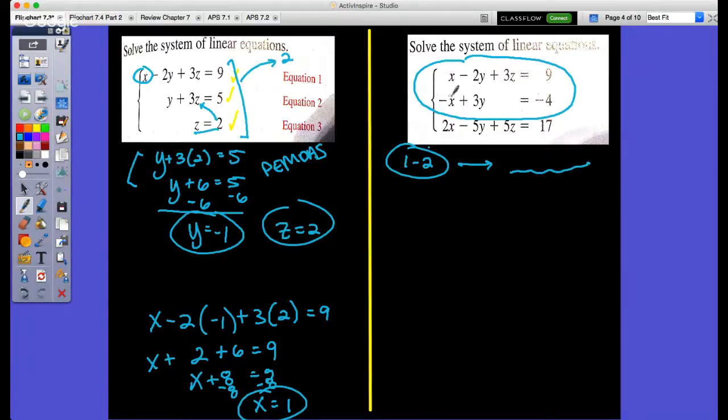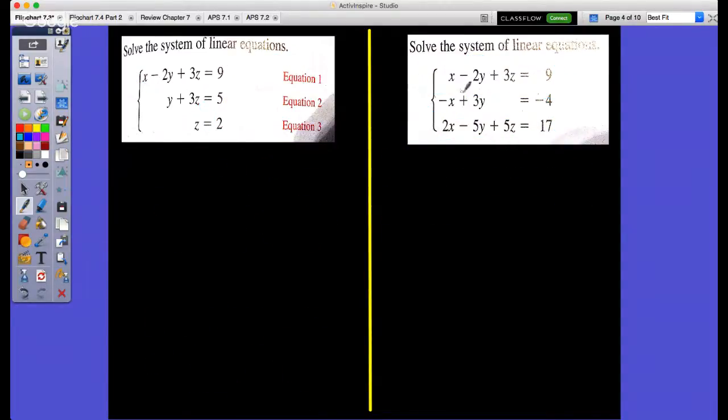And then maybe we could combine equations 2 and 3 here. Once I did that, maybe I eliminate the x's on both of them. What I could do is then take these two systems of equations and solve them regularly. You could do that. Another way, one that I think I prefer a little bit more, is I take one